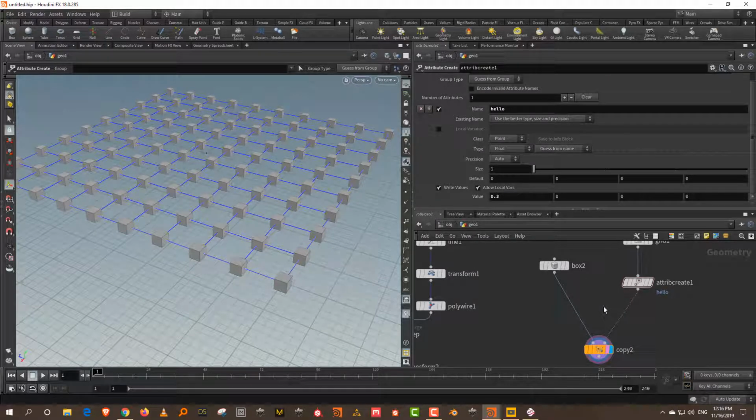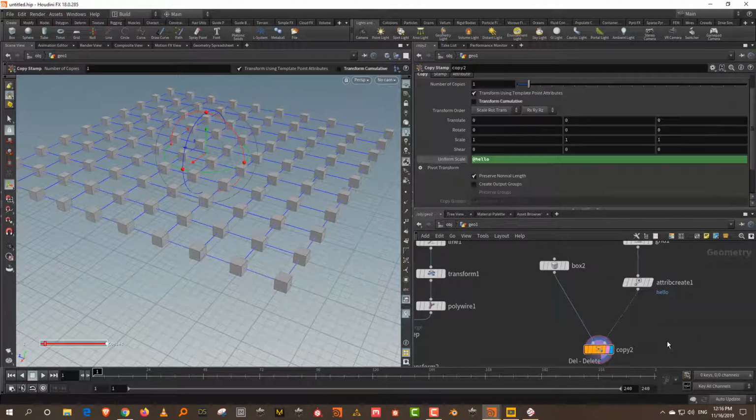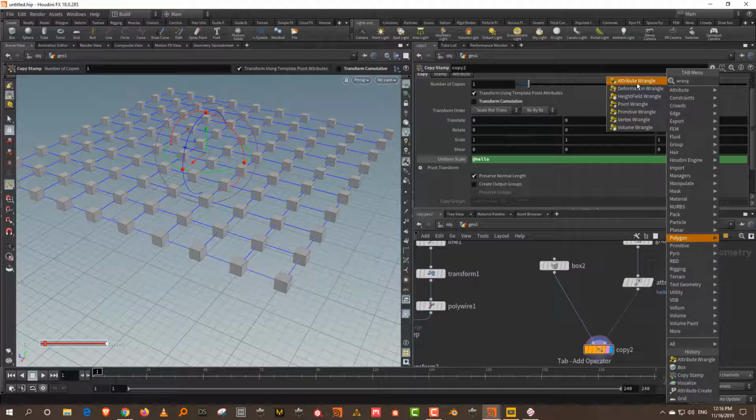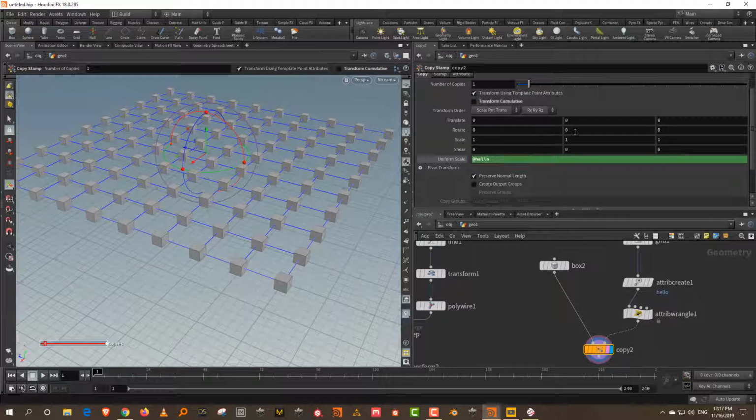Now let's create an attribute using another way. You can get something called a wrangle node. When you type wrangle, you'll get multiple of them. Just take attribute wrangle. You don't need to take anything else. These are actually the same thing. The point wrangle, primitive, and vertex wrangles are the same, with just the drop down list changed. So take the attribute wrangle, and we want it to currently affect points. Let's say I want to create an attribute which can affect, say, rotation in Y. So let's do that.